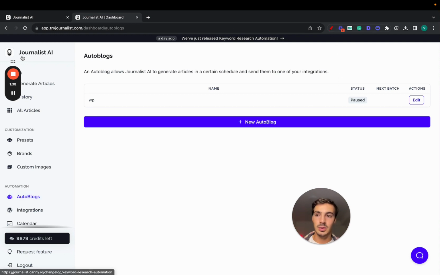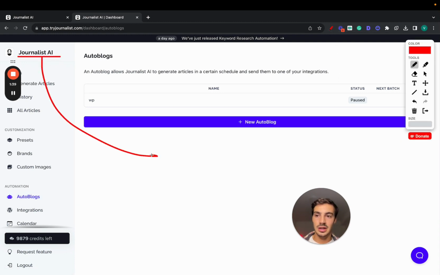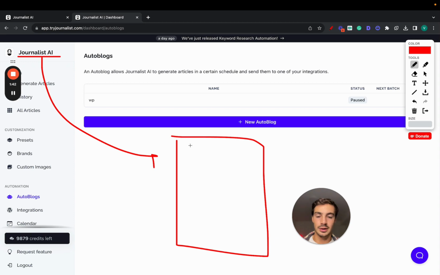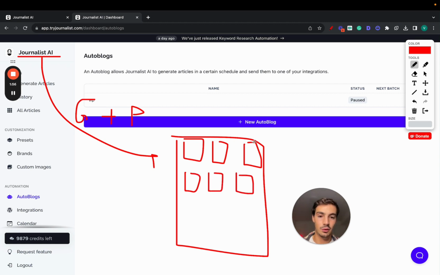What this will do is connect Journalist AI with your Shopify store blog, and it's generating plus publishing content. Individual blog posts on your Shopify store blog every single day, week, hour, or month. And keep in mind that each one of these, if we expand on one of them right here, these individual blog posts will all have, just like I showed you before,